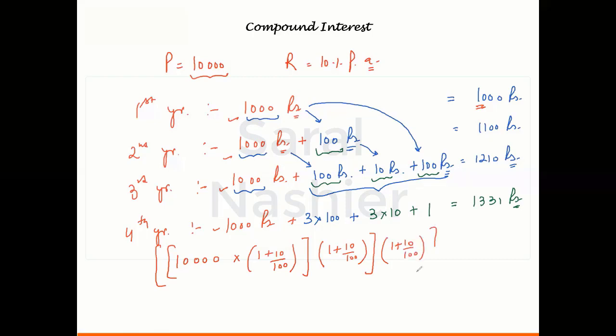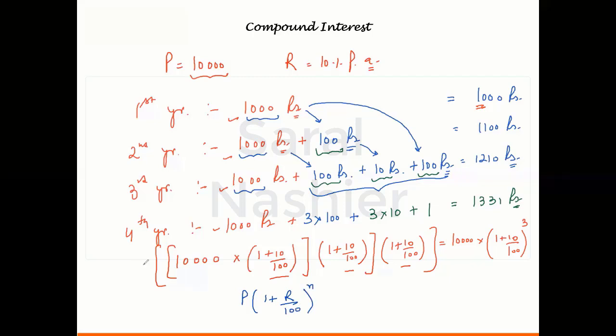And if you remember, we have already done this. This is something like successive percentage increase, right? So you see that the money becomes 10,000 into 1 plus 10 by 100 raised to the power of as many time periods as there are. If there are 3 years, we write 3. If there are 4 years, we write 4. If there are 5 years, we write 5. And for n years, we write n. So for n years, basically the formula becomes P into 1 plus R by 100 raised to the power n.